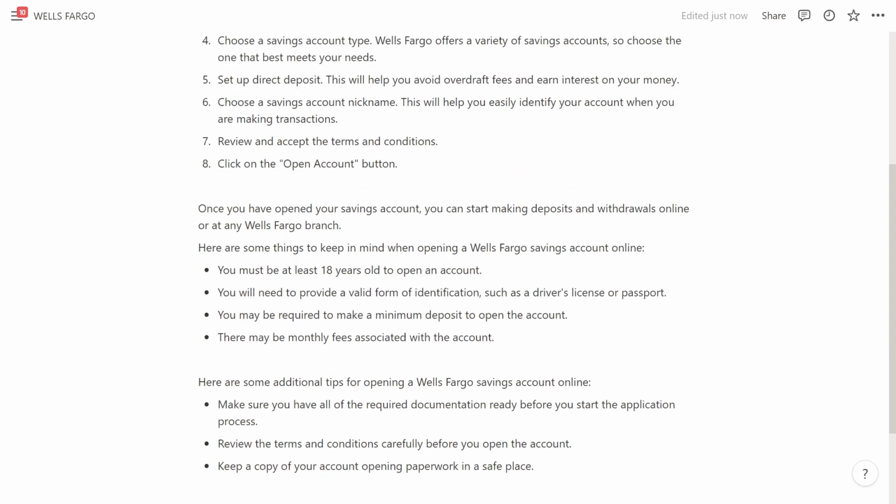Once you've opened your savings account, you can start making deposits and withdrawals online at any Wells Fargo branch. Here are some things to keep in mind when opening a Wells Fargo savings account online. You must be at least 18 years old to open an account. You will need to provide a valid form of identification, such as a driver's license or passport. You may be required to make a minimum deposit to open the account, and there may be monthly fees associated